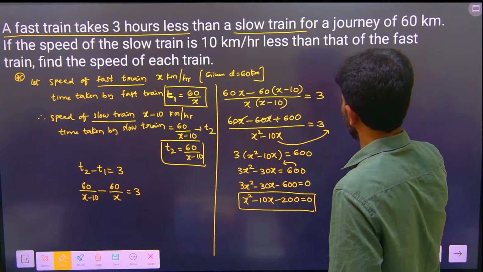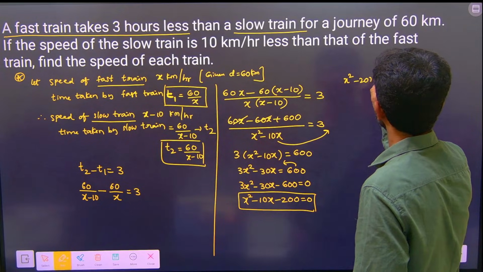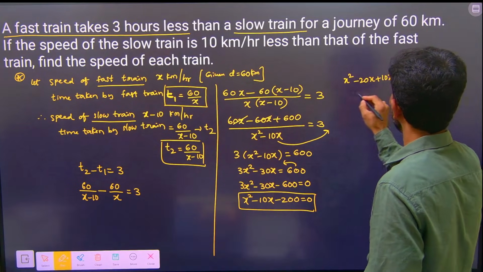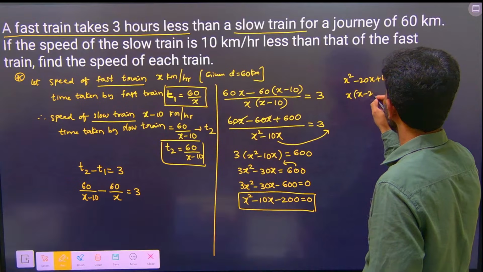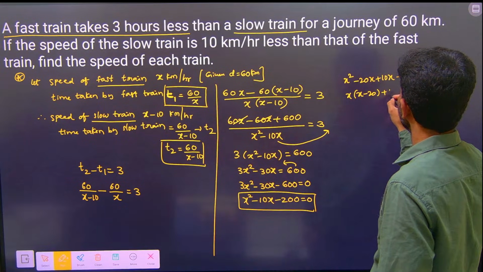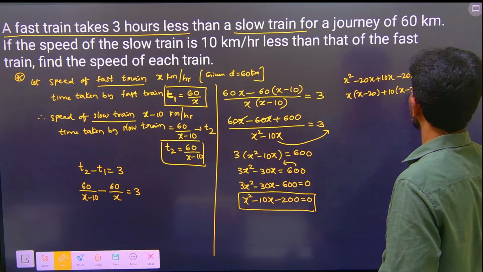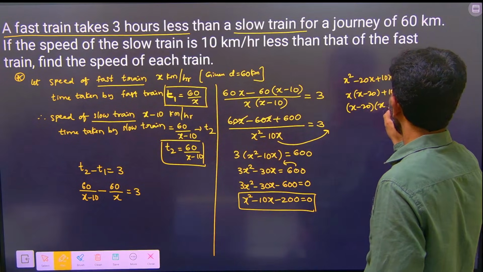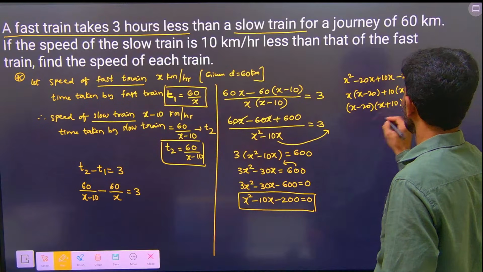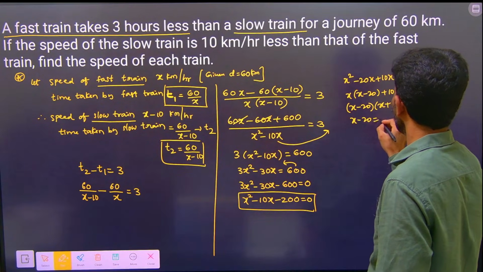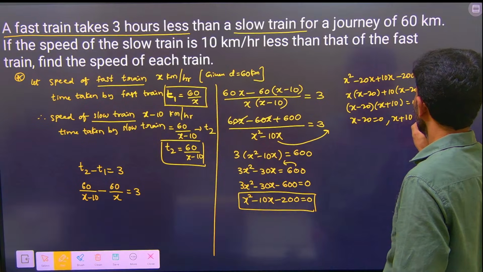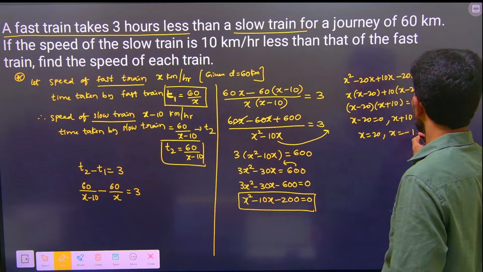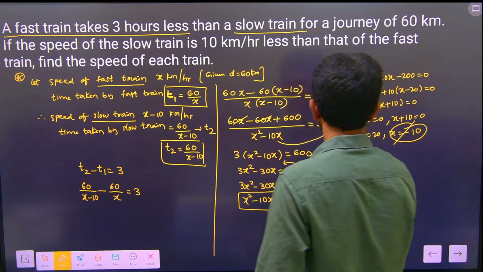x square minus 20x plus 10x minus 200 is equal to 0. Taking x minus 20 plus 10 common: x minus 20 into x plus 10 is equal to 0. So x minus 20 is equal to 0, or x plus 10 is equal to 0. So x is equal to 20 or x is equal to minus 10. Speed cannot be negative. Therefore, speed of